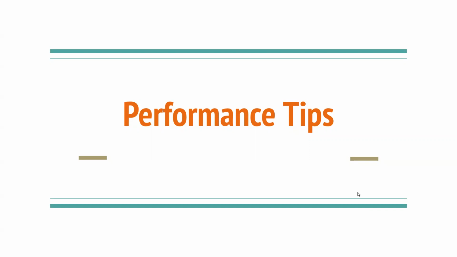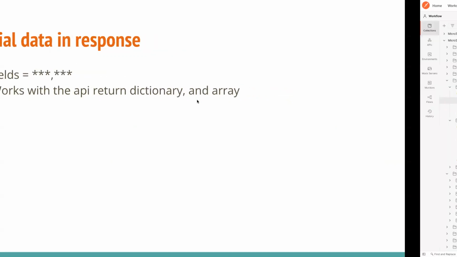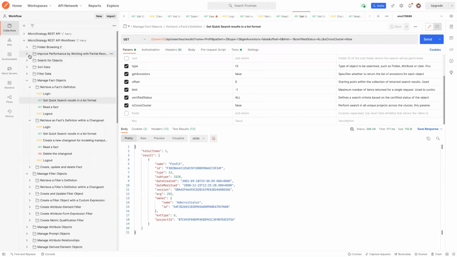In this video, I want to show you a few performance tips for using MicroStrategy REST API. Let's get to it. The first one I want to show you is you can use the fields parameter to retrieve partial data in the response. So to show you that, we can go to this